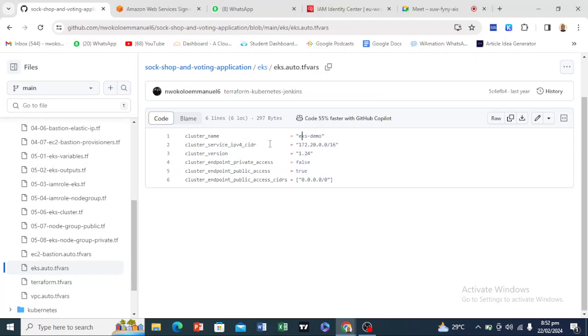You can change the IPv4, the IPv4 CIDR block, right? You can also change it here. And the cluster version, which is 1.24, we have the endpoint. We want to set it as false. The public access, we want to set it as true, and 0.0.0.0/0. And if you go to terraform.tfvars,